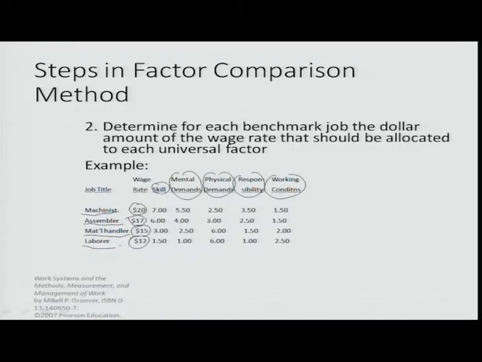So you use these dollar rates as universally accepted rates, and then based on the requirement of skill set in order of ranking, you split up the rate in a manner so that these all sum to the wage rate per hour. For example, skill, as you know from the last slide, was rated number 1 for a machinist. So let's say the skill component